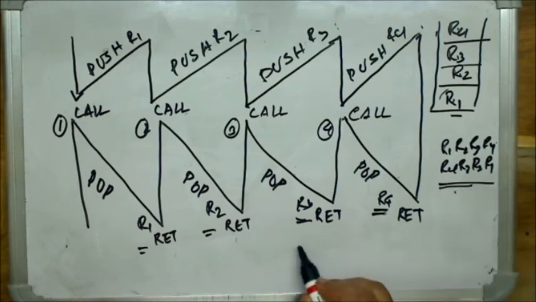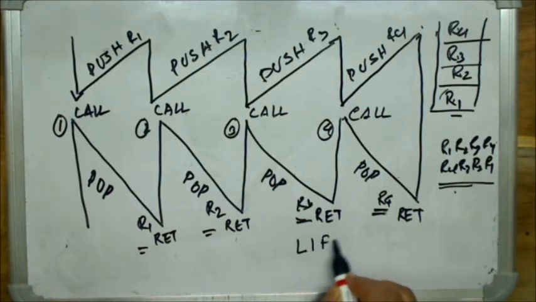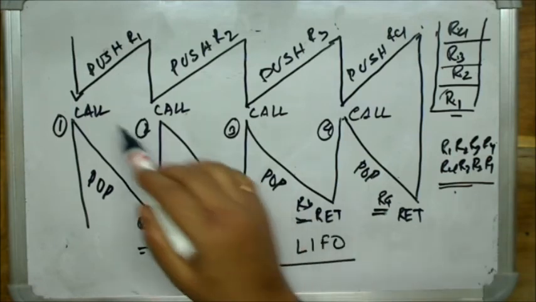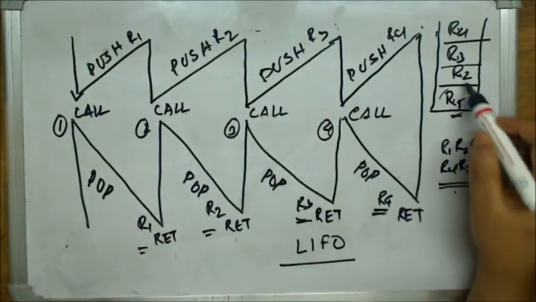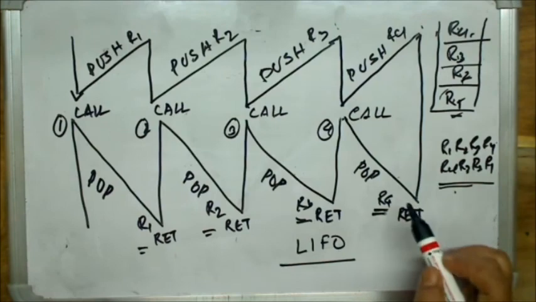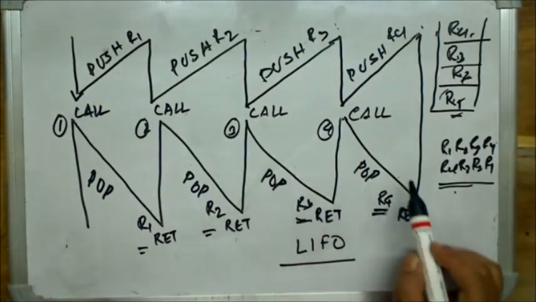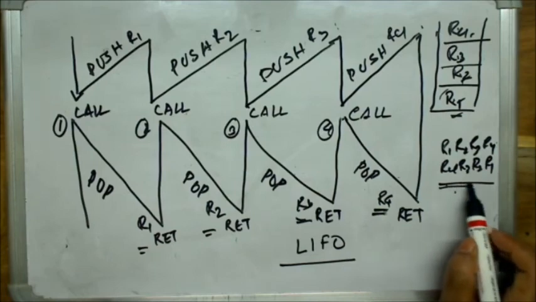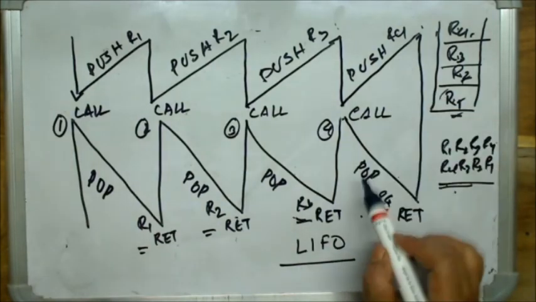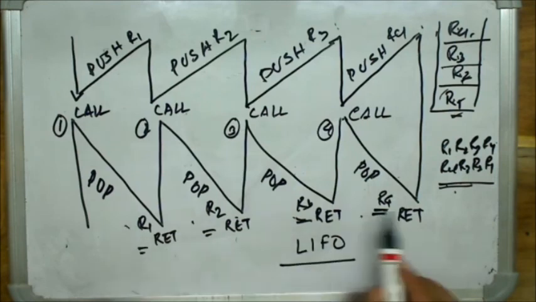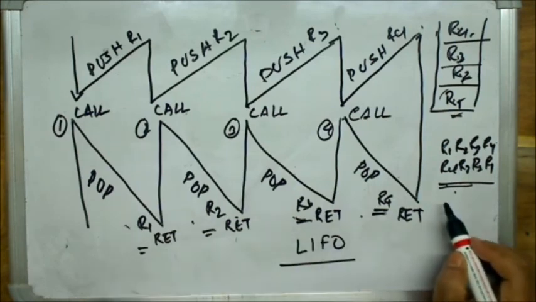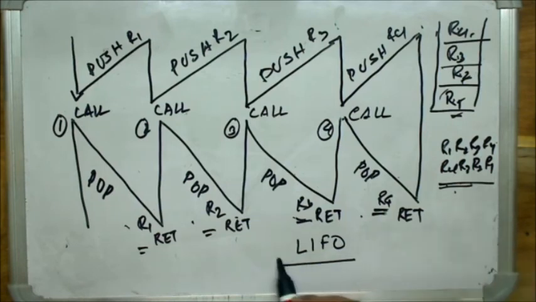Why? Because stack works on the principle of last in, first out. Wherever you store, you get it back in the reverse order. Have you understood? While storing, we have stored in the form R1, R2, R3, R4 in the stack. While returning, you need a pop. In which order do you want the return address? R4, R3, R2, R1. You want them in this order. That is why we need stack, because stack works on the principle of last in, first out. That means it works in the reverse order. So I hope you understood this.